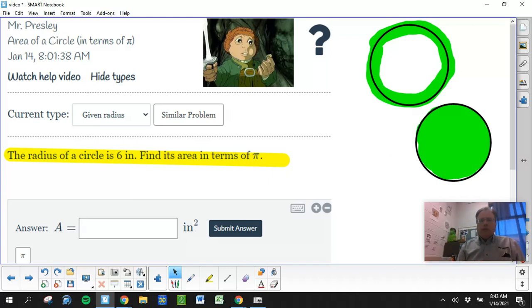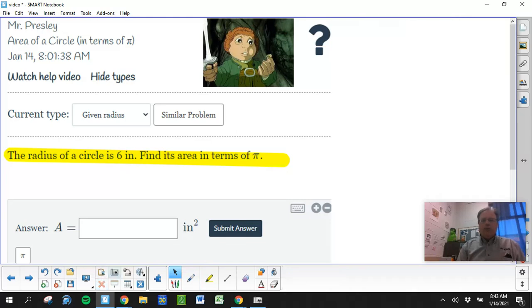So that would be like if you punched out a circle from construction paper, or maybe cloth, or maybe some sheet metal, and you were making circles. Okay, so I'm just saying all that so you know what we're talking about. Area is different than circumference, but we're still using